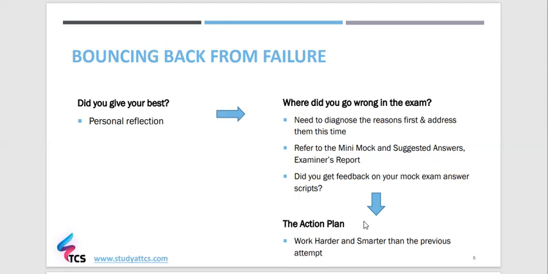And after doing all these things, you need to come up with an action plan. I said there's a time duration of 6 weeks between the pre-seen release and your exam date. So you need to know how to allocate or utilize this time appropriately. Again, when developing your own action plan, I would suggest you go through our blog posts, because I've highlighted what you need to do when it comes to coming up with a study plan, especially focused on CIMA case study examinations. So you need to determine yourself to work harder and smarter than the previous attempt.